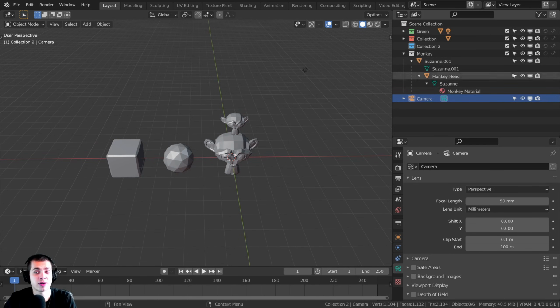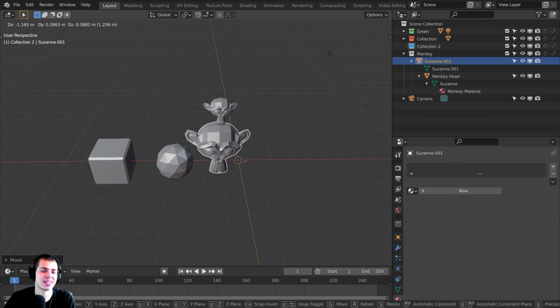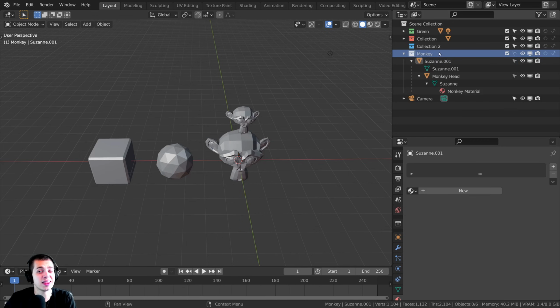Now the second one here are these little arrows, and these arrows are on collections and they're also on objects. Now what these arrows do is they toggle the object being selectable or not being selectable. So right now I can select all the objects, but if I don't want to be able to select these objects, I can click on this arrow right here, and now you can see that everything in the monkey collection